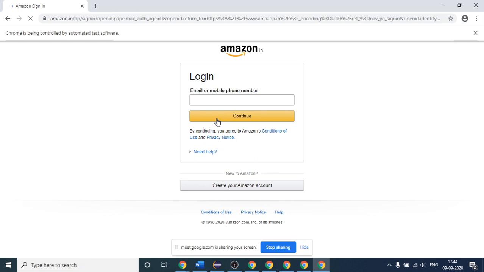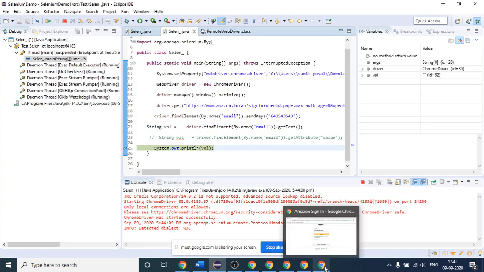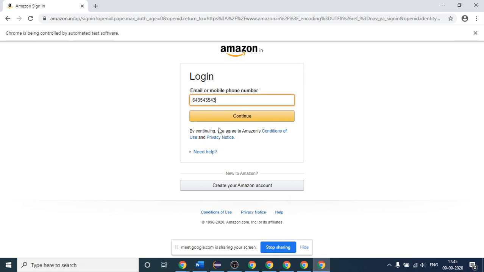Let's wait. You can see that it is still loading. This is our browser which we opened last time. This is the number which we inputted with the help of our Selenium code. After that we will come here.